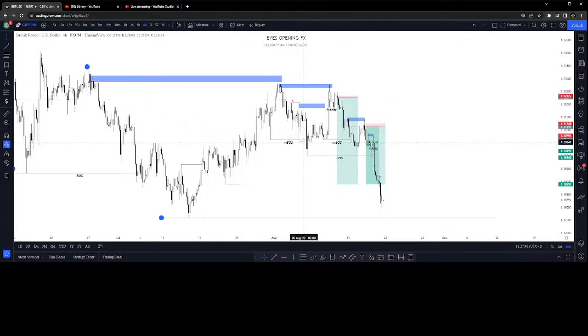All right. So now, since we have gotten a minor break of structure at the POI, intent will be given on a lower time frame around this area. So the idea of intent is this: most of the times when intent is given, you first take one entry. Intent always happens before a minor break of structure. So the minor break of structure will give you a general idea that we are fully bearish. All right. After being fully bearish, you have your minor break of structure before the market will come and take